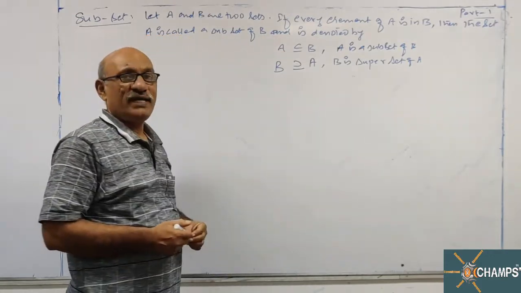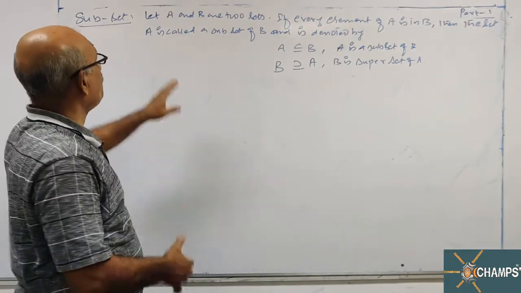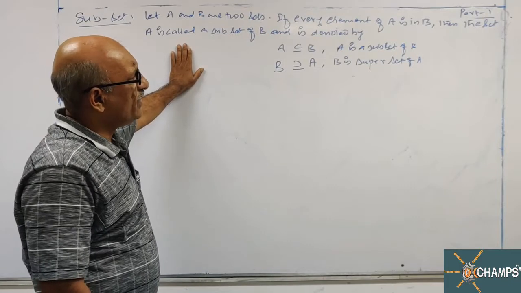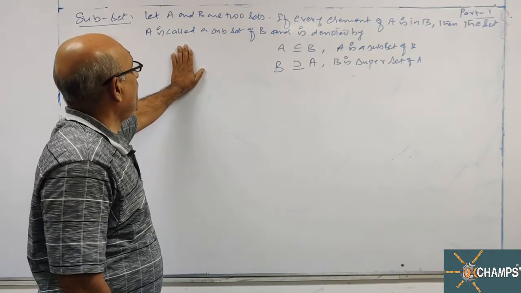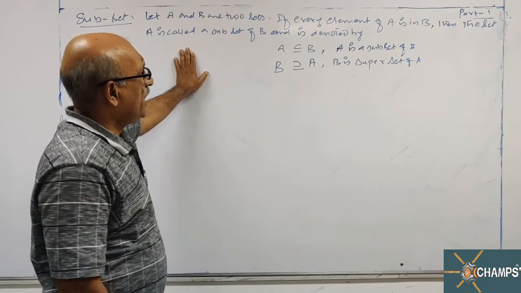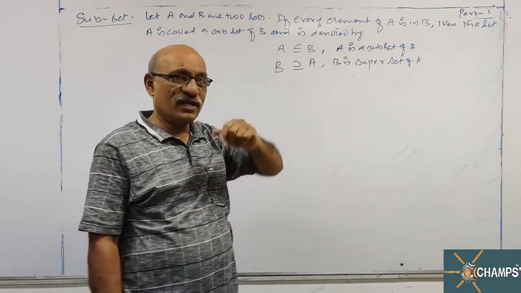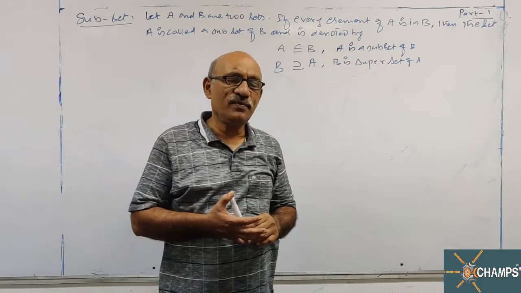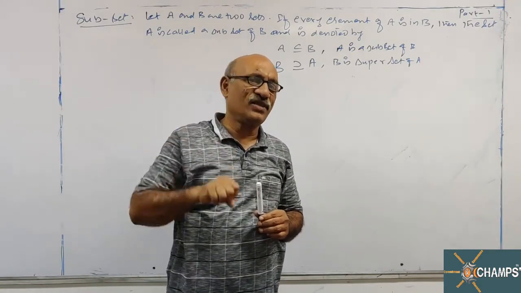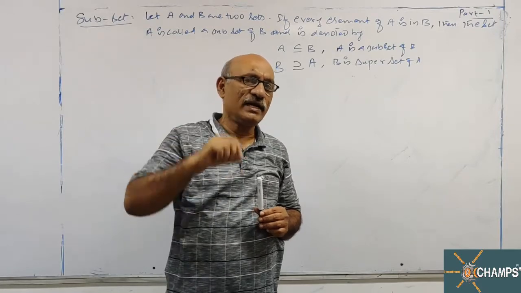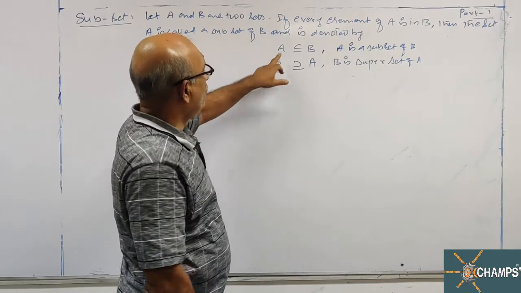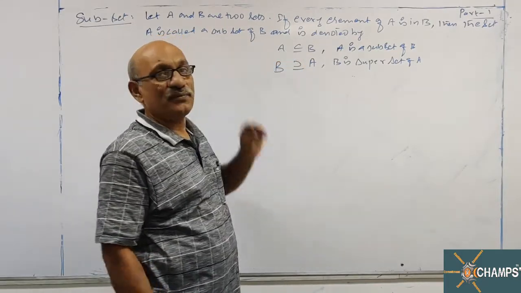One more time I am explaining this. I have two sets A and B. If every element of A is in B, then the set A is called a subset of B and is denoted by A is a subset of B. This is the presentation. Basically, what does it mean actually? I have a set B. From this, some elements are selected, and the selected elements are represented with another set A. Then every element of A is in B.